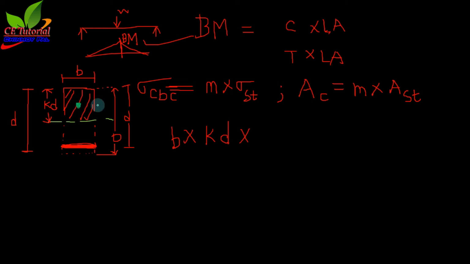Suppose this is the CG, and this distance is nothing but half of KD, that is KD by 2. Equal, and this area is